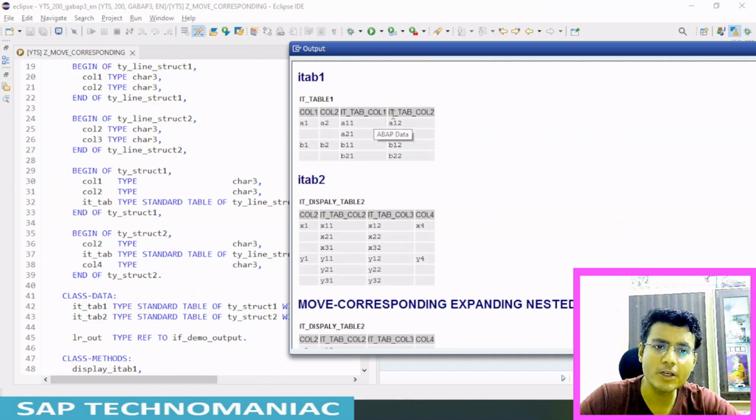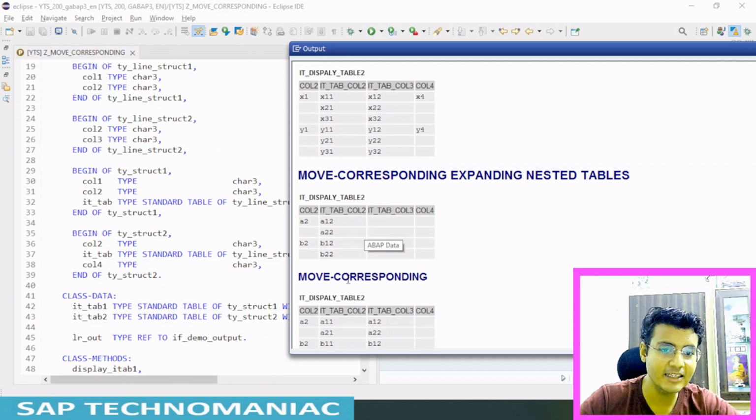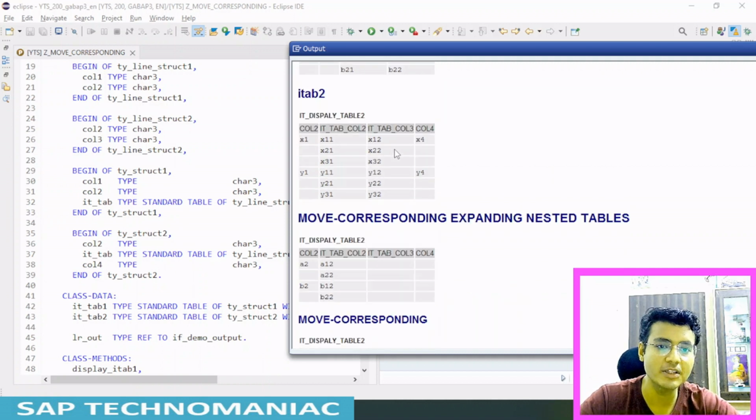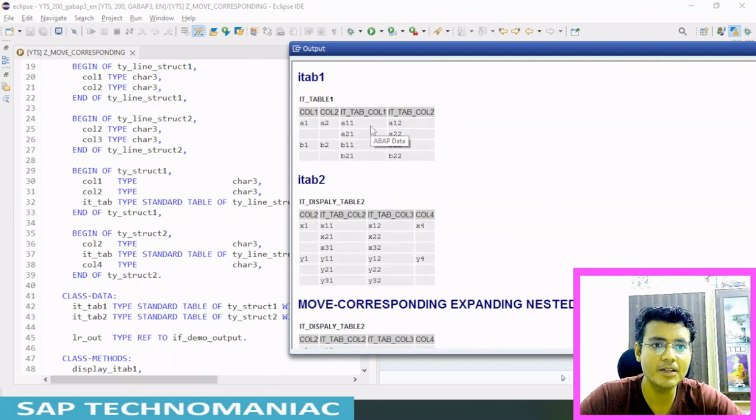What it will do, it will not move this I tab to I tab. It will expand this I tab further and match these columns. Column 1 is matching to column 1, column 2 is matching to column 2. You can see there is no column 1 in this internal table, but column 2 is available in this item. So if any column is matched, it will clear this second tab out, then it will try to fill. Since it is same as an internal table, this column got matched here, column 2 and column 2. So this already got cleared.